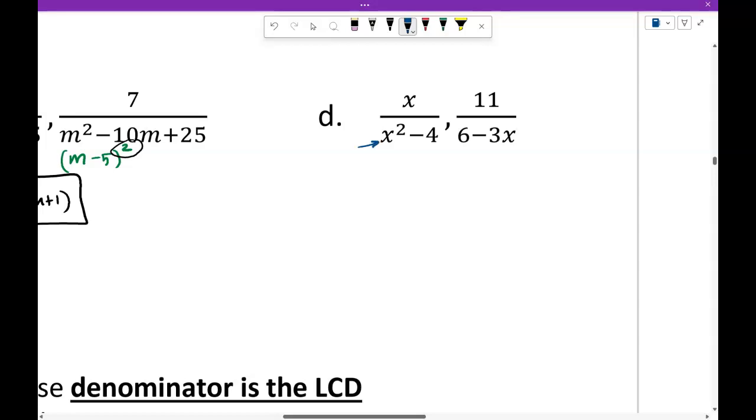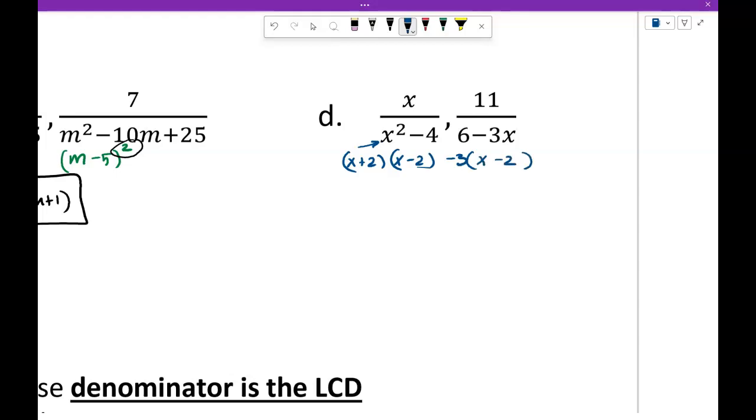Lastly, we'll take a look at factoring these two. We get x plus 2 and x minus 2 for our first denominator. Now our second denominator has a GCF, but notice how our variable is at the end because we're subtracting. So we might want to consider factoring out the negative GCF, which switches the sign. So the GCF of 6 and 3 being 3, if we factor out negative 3,